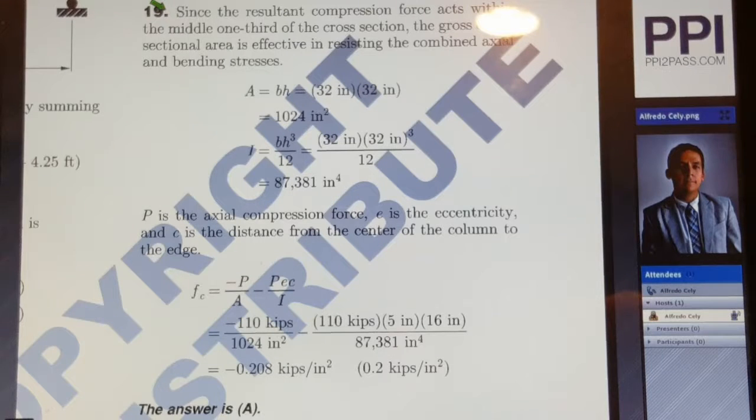See if that overall force is acting within that middle one-third of the cross-section. Therefore, the gross cross-sectional area will be effective in resisting the combined axial and bending stress. If your eccentric load is within that middle one-third, that means that the force is still distributed through the entire cross-sectional area of the column, and therefore your entire cross-sectional area of the column will be effective in resisting the combined axial